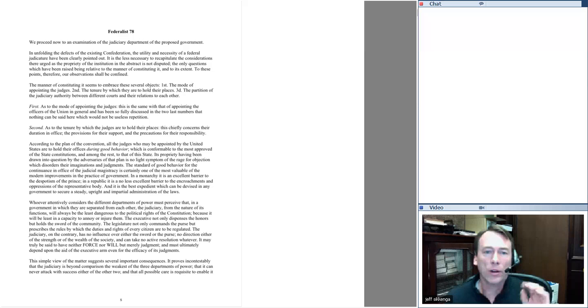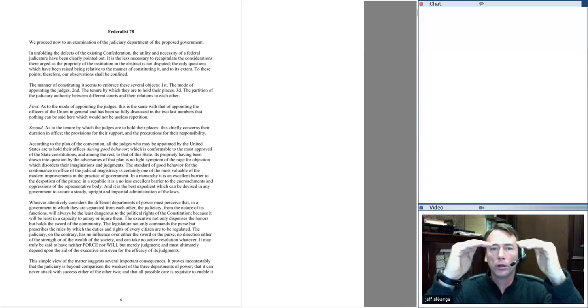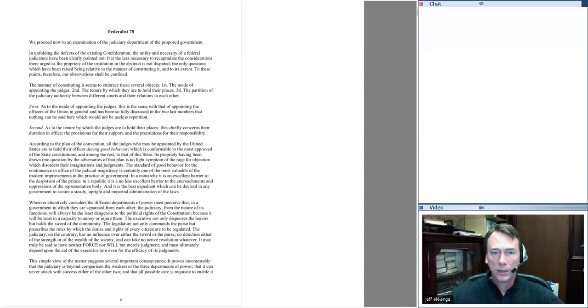But of course, there'd be this objection from the Anti-Federalists. But won't the Supreme Court become more powerful than the other branches if it has the power to declare what powers they have and don't have? Can it set itself up as a kind of super legislature deciding what powers the other branches have? And Hamilton replies later on in Federalist 78. I think this is very important, where he says, no, you're misunderstanding the power of judicial review. And this is the point that Marshall will also take up in Marbury. Judicial review is not dangerous if it's understood properly.